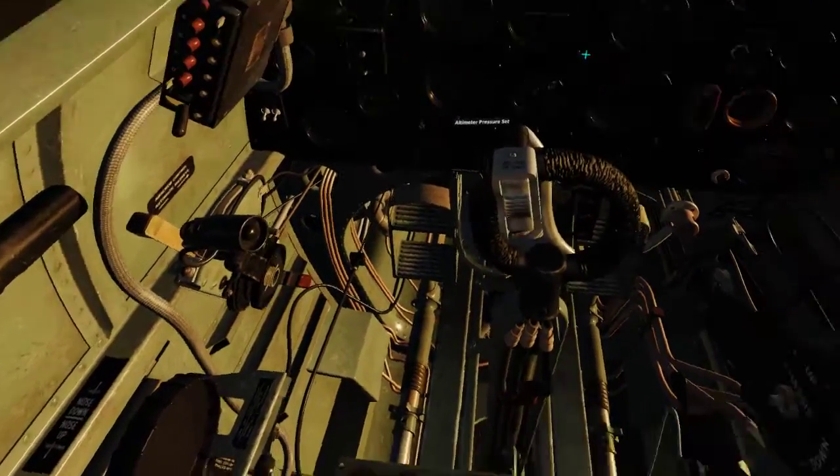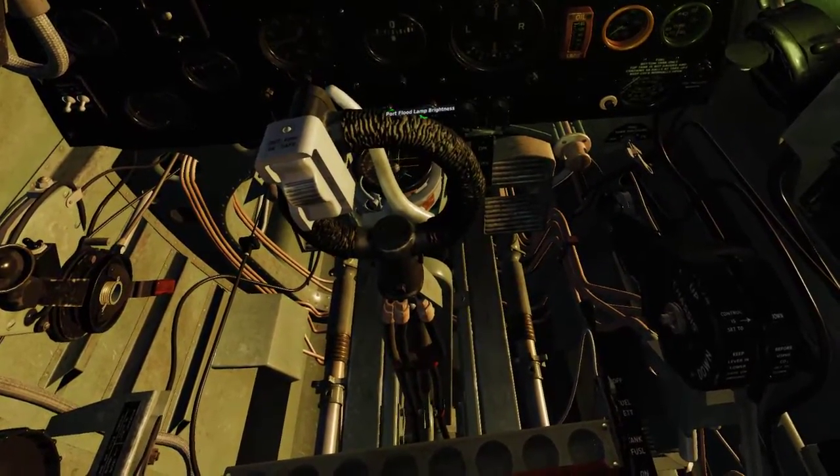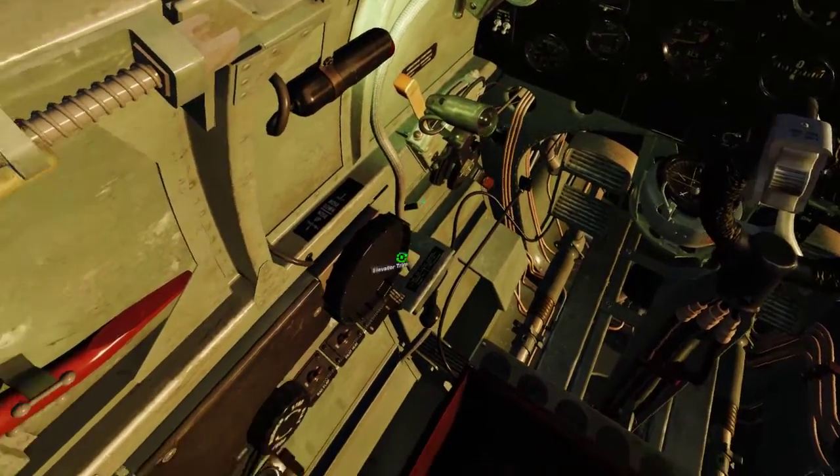I don't have many lights on here, so let's see if we can... Oh, let's put some lights on. There we go. Okay. So, first of all,